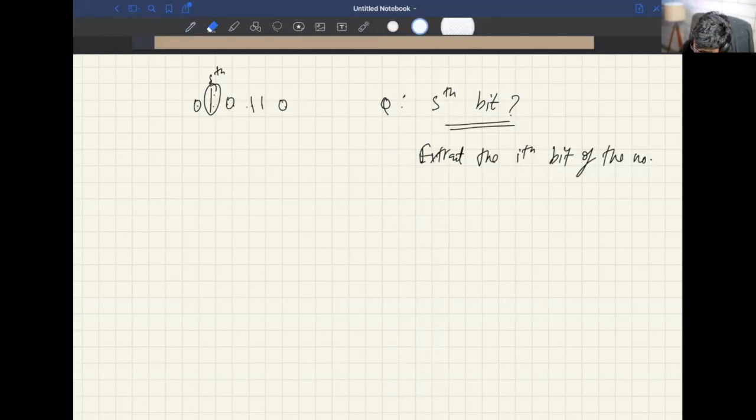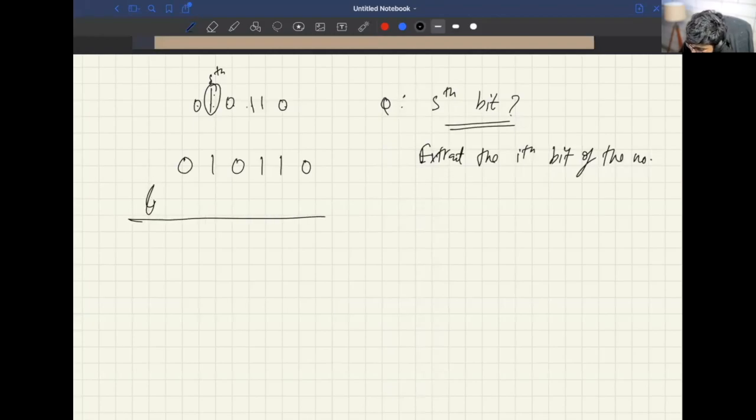So basically the idea is that if I have this number 0 1 0 1 1 0, you have to create a mask. I need to AND this with a mask and get my answer. So in order to get what is at this particular bit, I just need to do an AND of something like this. Just put a 1 below the bit for which you want the answer. If this was 1, it will give you 1. If this was 0, it will give you 0. Sound good?